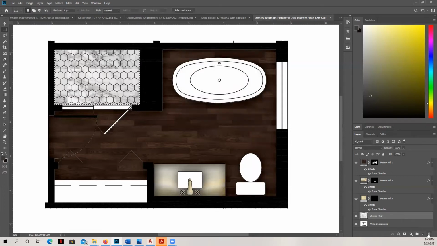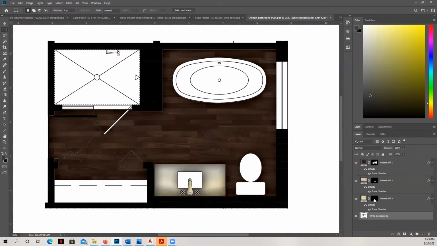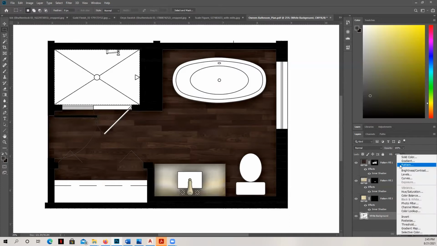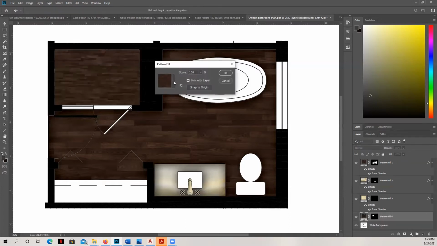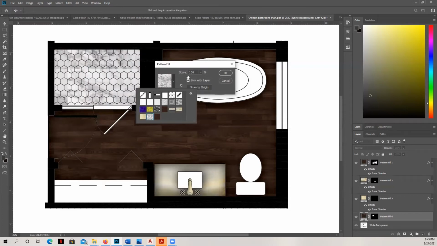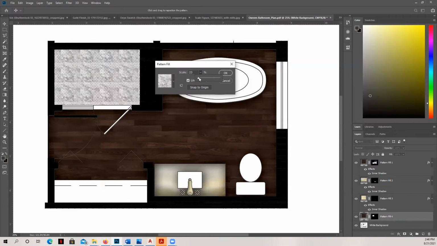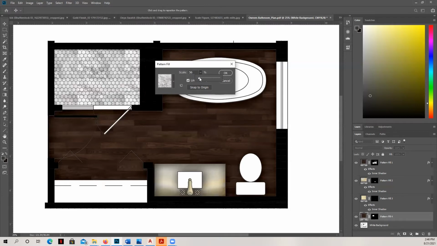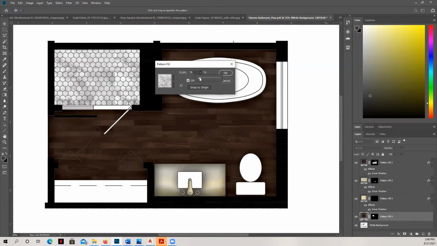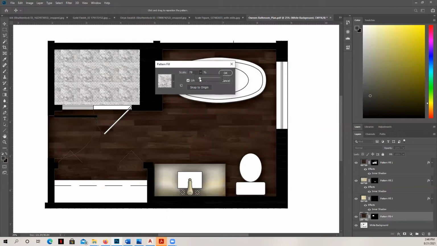So what I'm going to do is just go ahead and delete this, and we will create a pattern this way. We're trying to get it just the right size so that we don't see too much pattern.